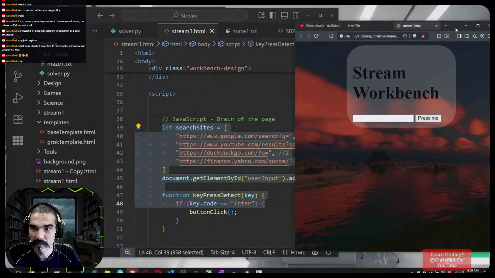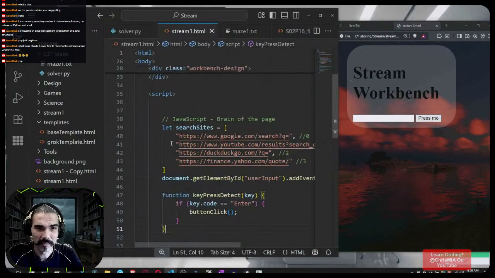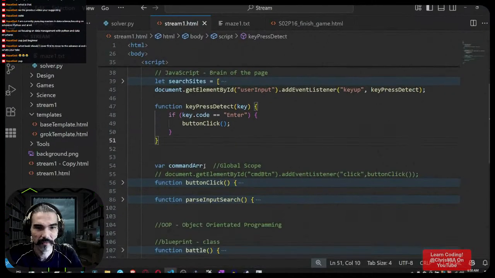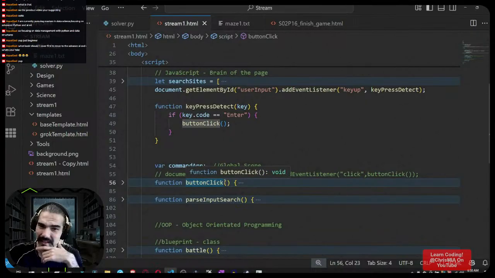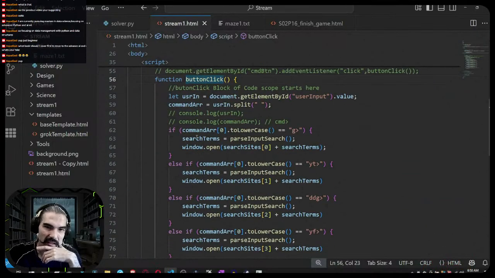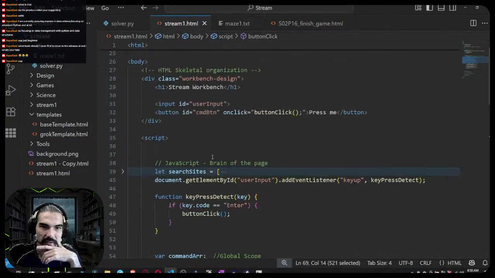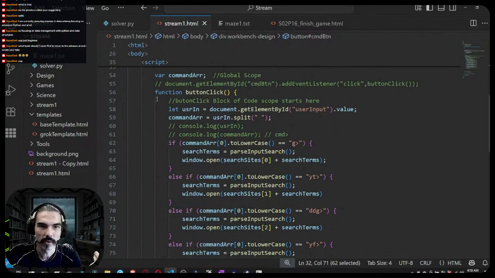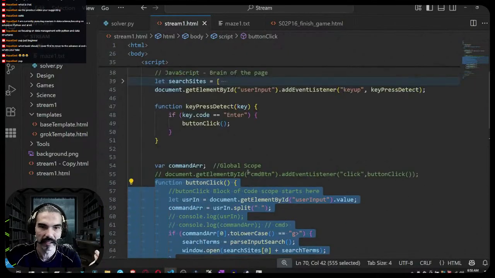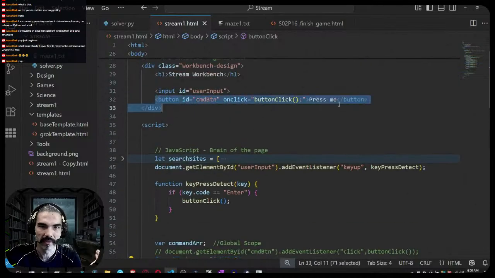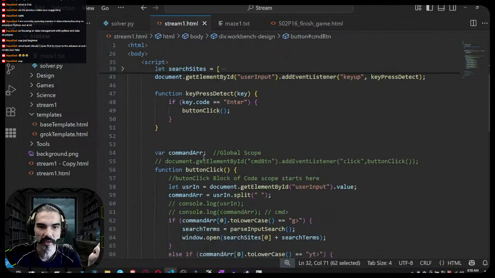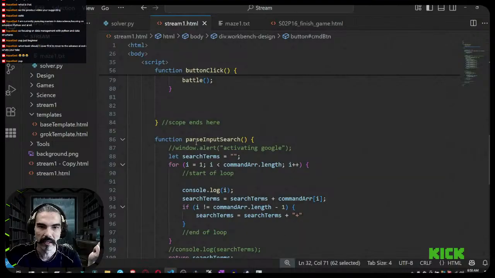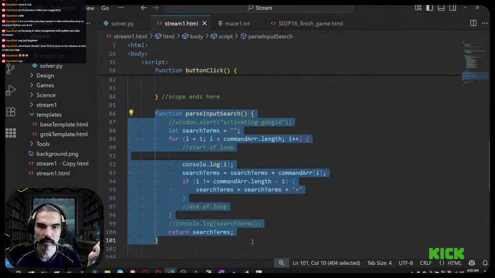Okay, so without further ado, first thing I want to do is clean this up a little bit. I have a couple of ways to consider this. First, we have the button click. Hesitant on removing button click because, in a way, logically, button click does directly reference the actual button that initiates the whole protocol. So I probably will keep button click here as a type of index to the organization of, hey, what happens after I click the button? However, we just created a couple of functions here. First is the parse input search. This is for searching the web that we created